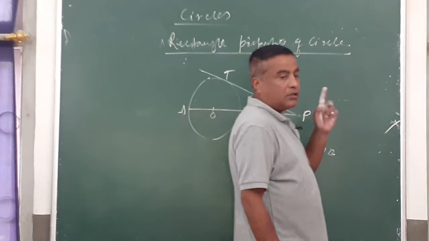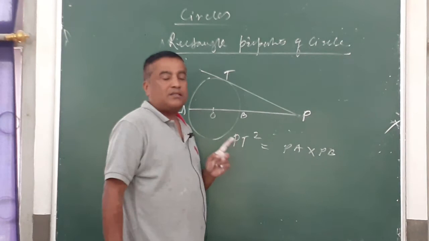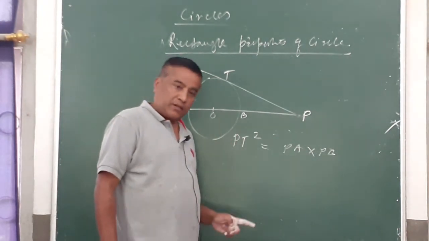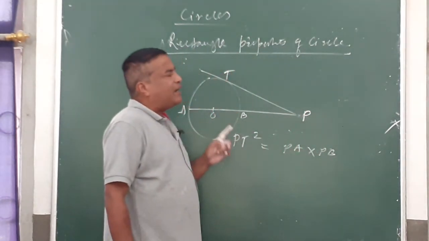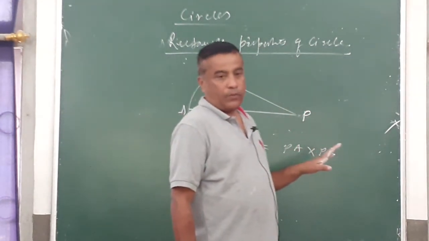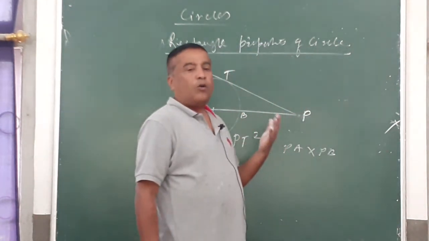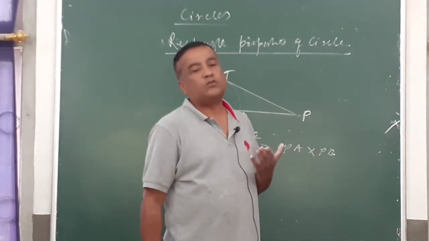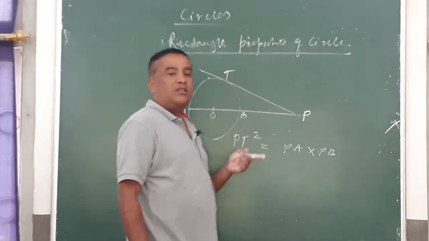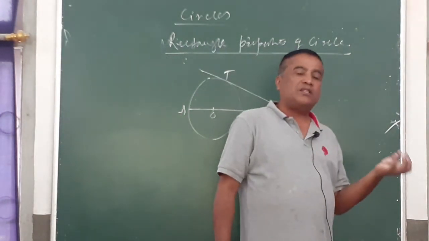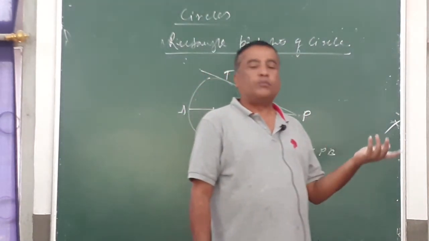Again I am revising. Number one, angle properties. Under angle properties there were three theorems. First is angle at the center is double than angle at the circumference. Number two was angle in a semicircle is 90 degree. Number three, angle in a same segment of circles are equal. Okay. Under angle properties there are three theorems, and under cyclic quadrilateral properties, the sum of opposite angles of cyclic quadrilateral is 180 degree. I have told you cyclic quadrilateral means four straight lines within the circle. And second theorem was exterior angle of cyclic quadrilateral is equal to interior opposite angle.